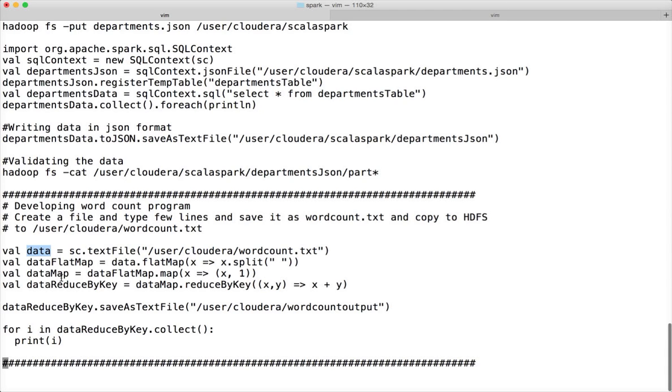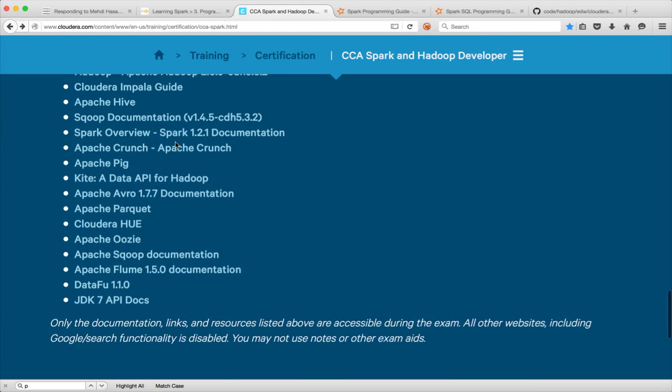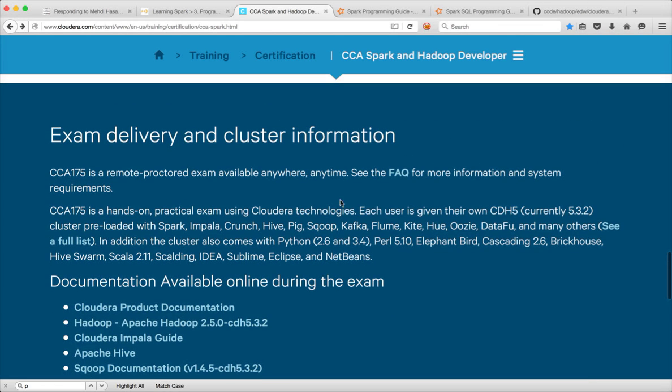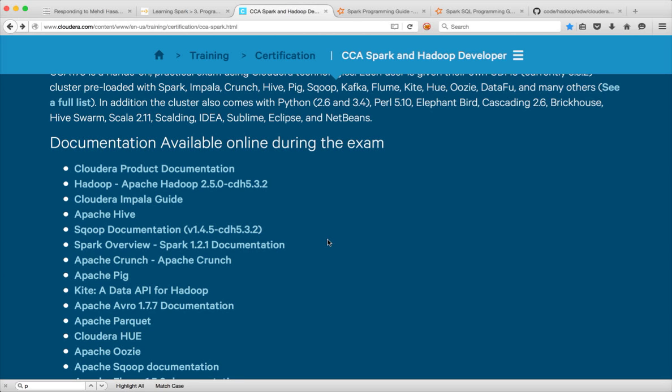So before getting into and executing the program, let's see how you can access the documentation, which documentation you should focus on for the certification, etc. If you go to the certification syllabus and scroll down, as part of the certification they will be providing a CDH5 cluster with 5.3.2 version, and it has Spark 1.2.0 on that. Hence they provide Spark 1.2.1 documentation. 1.2.1 and 1.2.0 is a minor upgrade and there are no changes in the syntax and semantics, so you can safely use this link